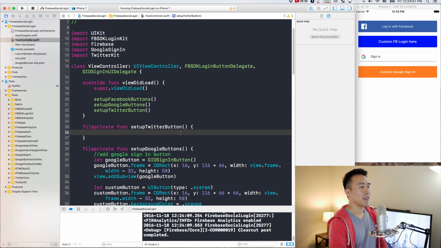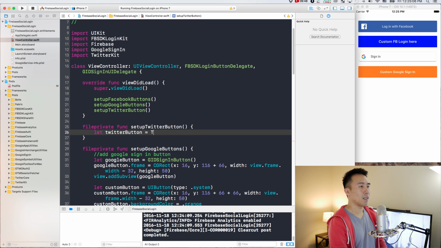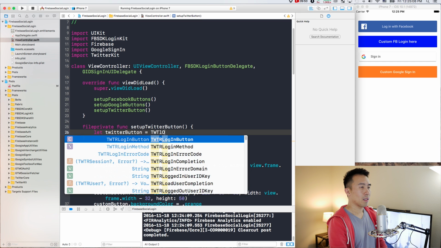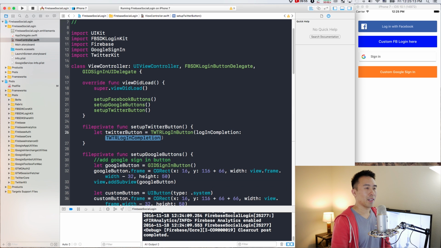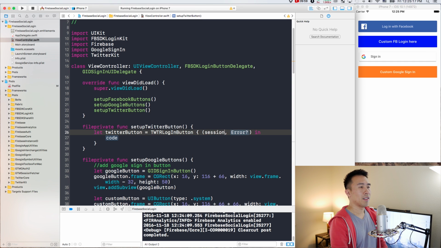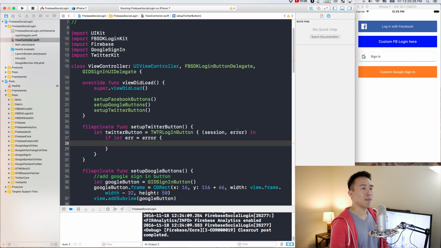buttons right here. And now we can specify a Twitter button. So let twitterButton equals TWTRLogInButton like that. And then we'll use this login completion constructor right here. Then enter, you'll get the session, and then you'll get the error. Okay. Now we will say if let error equals this error guy being passed back to us from the completion handler, we'll just print